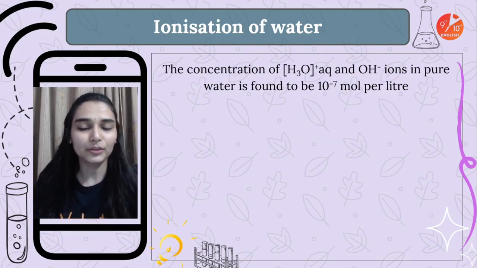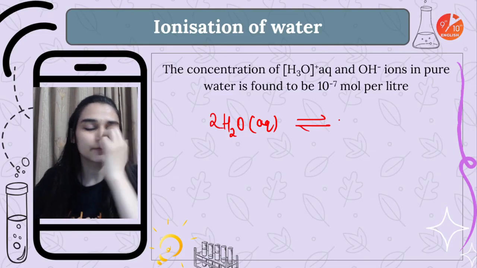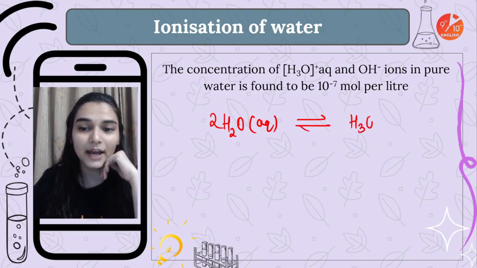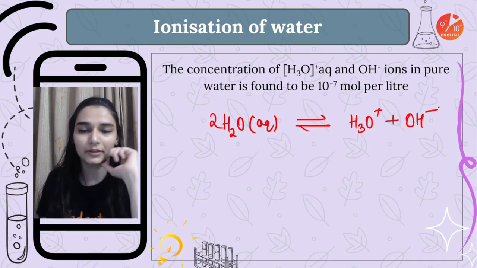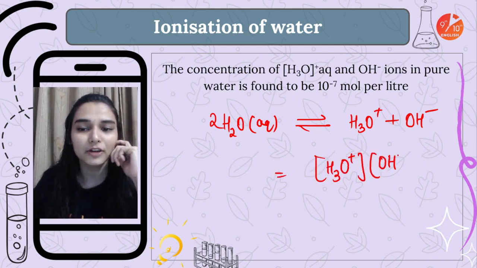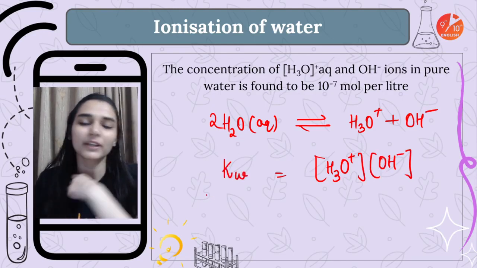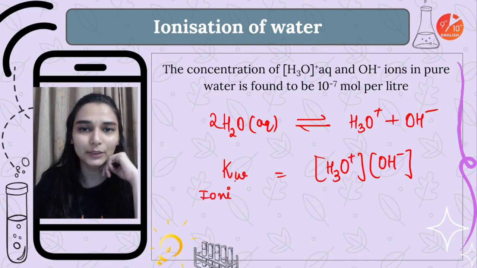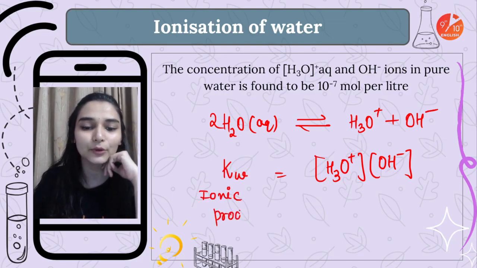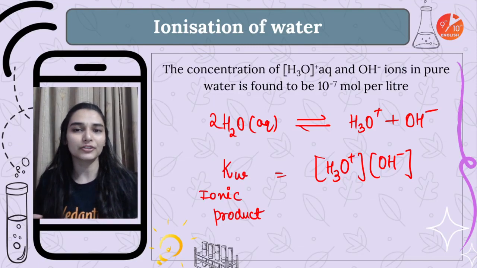And if you talk about the mathematical parameters, let's say I am writing the water you have taken, 2 water molecules, that are going to ionize to give me hydronium ions and OH ions, right? So you can find the product of the concentrations. If I take the concentration of hydronium ions times the concentration of hydroxyl ions, or you can say hydroxide ions, this is basically known as the ionic product of water. This is the equilibrium constant that we define as the ionic product of water: the concentration of hydronium ions multiplied by the concentration of OH ions.